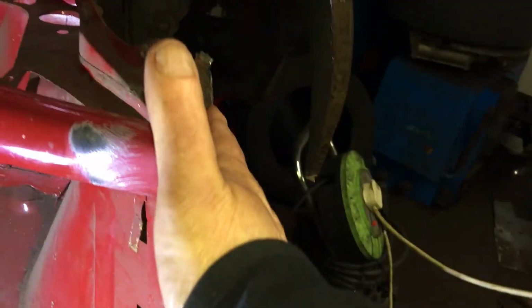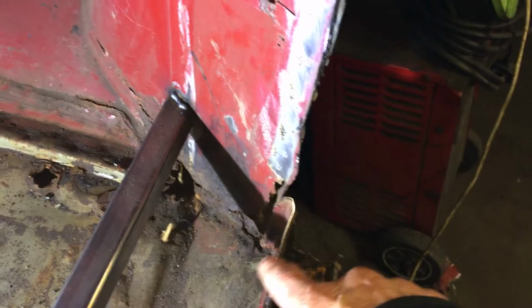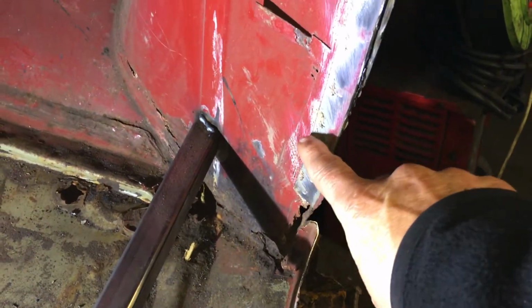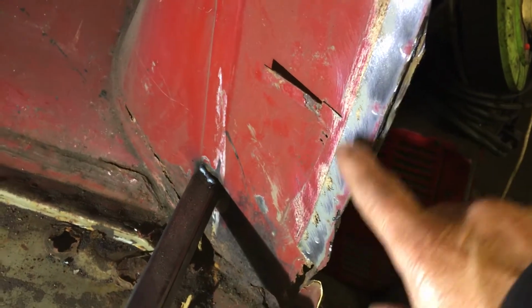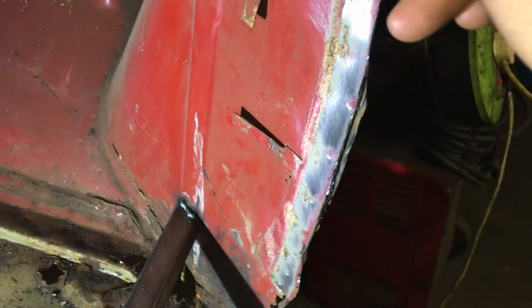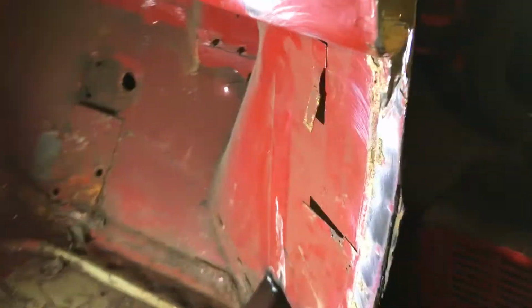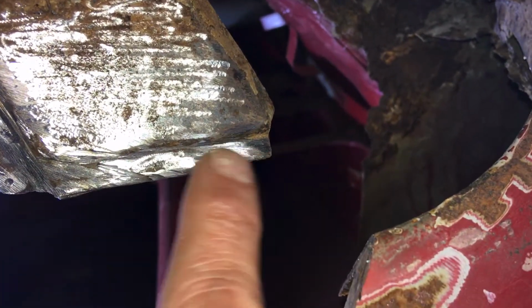It fits here where my hand is and goes down. It goes down to about here, and this line you can see here is with the spot welds. That's the edge of this closure panel, which I sliced off there and goes to there. And then when it comes up to the top, it actually attaches here on this edge. So the panel